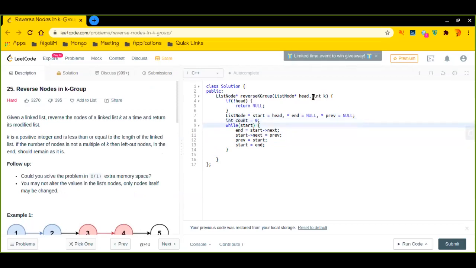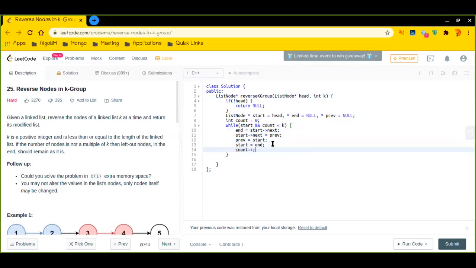We already know there is a variable k given to us, and the meaning of k is that we have to reverse a k-sized group or sublist in this singly linked list. So while the count is still less than k, we have to reverse the nodes.